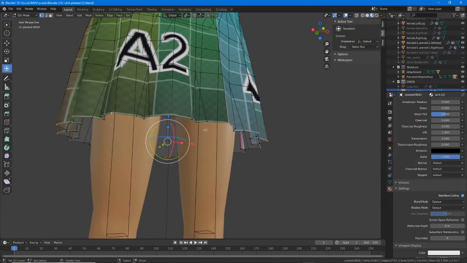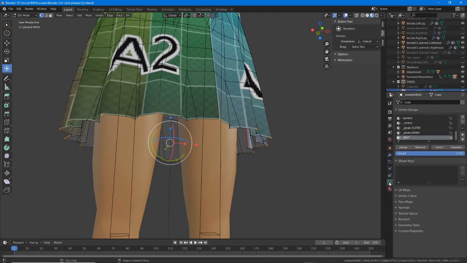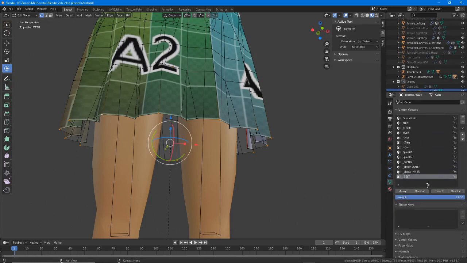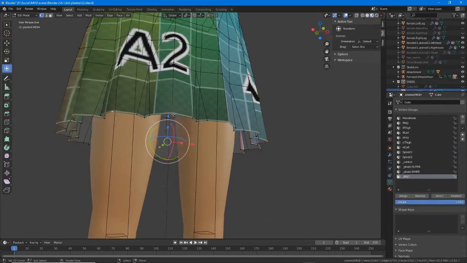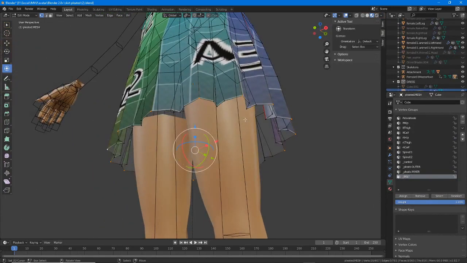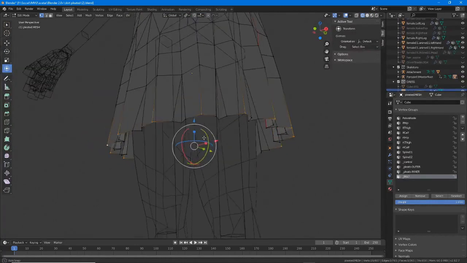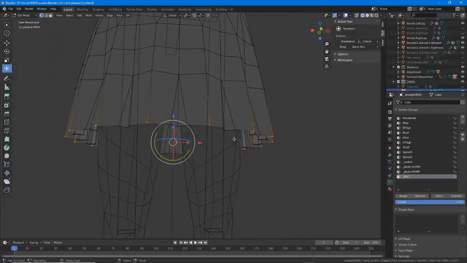But what you can do is use your vertex groups. So in Object Data Properties, what we can do is assign these particular vertexes to a group that's just for editing. I haven't exported this yet, so I don't know if we have to remove these. Let's make this a bit easier to see. So we wanted to select those